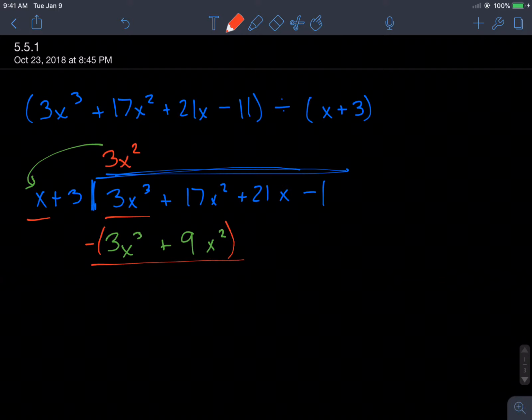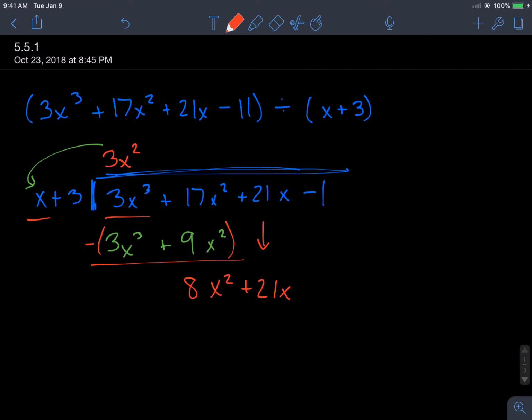So we subtract 3x cubed plus 9x squared from the things above. And 3x cubed minus 3x cubed, well, that goes away. We have nothing to go right there. So then 17x squared minus the positive 9x squared leaves us with 8x squared, right? And then in long division, we bring down that next part. So here we bring down a plus 21x,